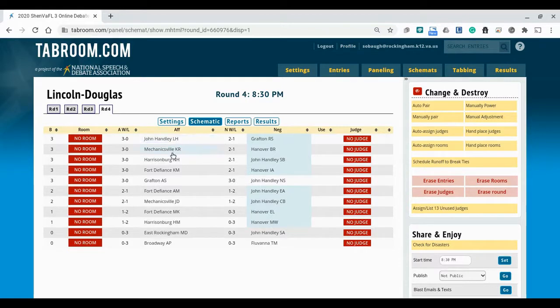But as we notice here with 3 and 0s, these are all different schools. The only 3 and 0 that is repeated is a John Hanley, and they're set against another team. So at the very least, we could have Fort Defiance against Harrisonburg and Mechanicsville versus this John Hanley. And these 2 and 1s should be going against 2 and 1s. So this is going to be a case where you're going to have to end up manually pairing throughout this particular power paired round. Eliminations hopefully would go much better, but I think it's important to show you the dangers